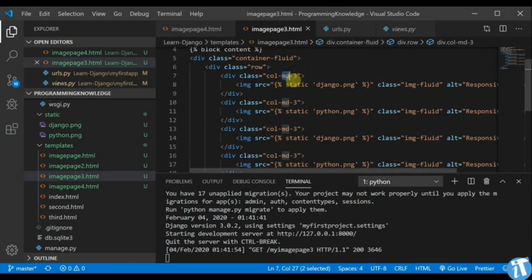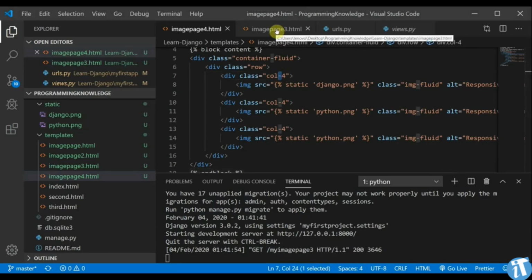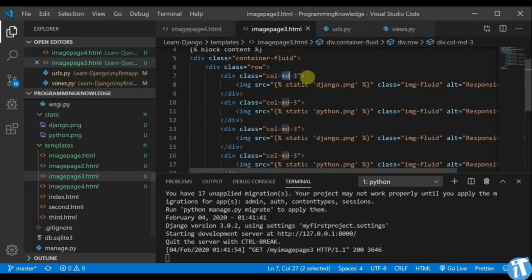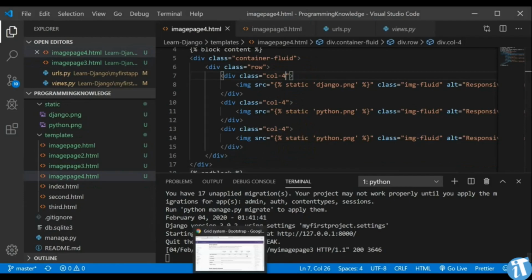Here you can see I have defined medium in my image page 3.html, but now when I move to my image page 4.html, I have not defined any class. So here you can see the gap. You can have a view for it. So this is called MD 3, and this is only called 4. You can make it 3 as well. So here 4 plus 4 plus 4 is equal to 12,